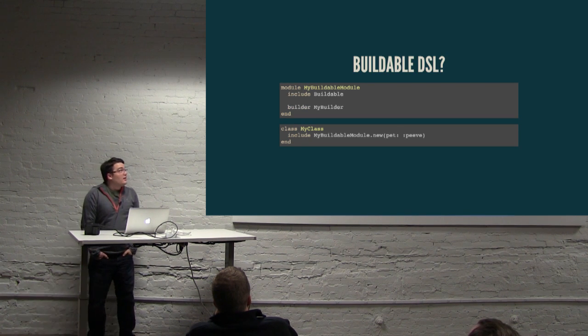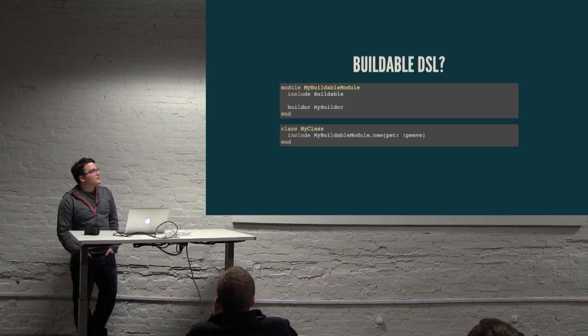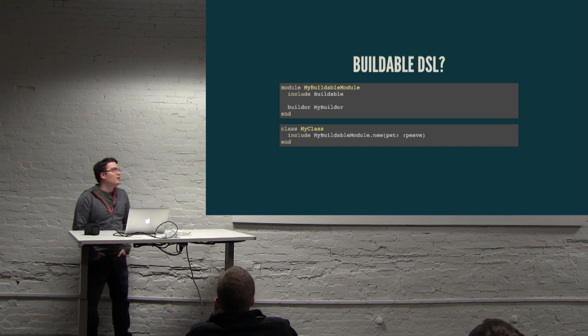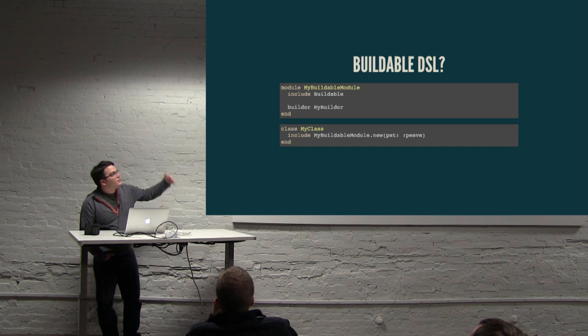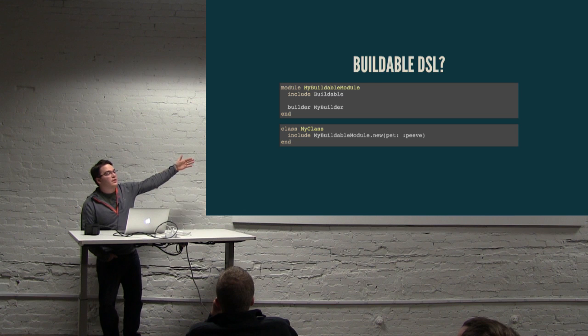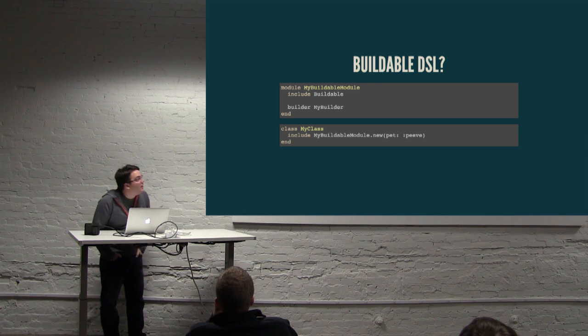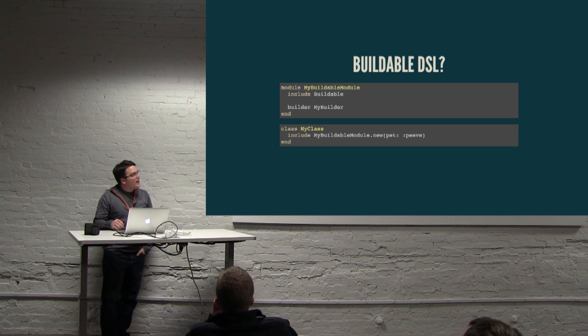Things that I haven't got to yet that I'd like to do: I'd like to have a module that you can actually include in another module to say, hey, you can build this module with some configuration. So my idea is having a buildable module that will have a class method of builder, so you can specify the builder that's going to be used. Then when you include the buildable module in the class, you get the new method for free, and then the state will be persisted. In this case, I'm passing a pet peeve hash,